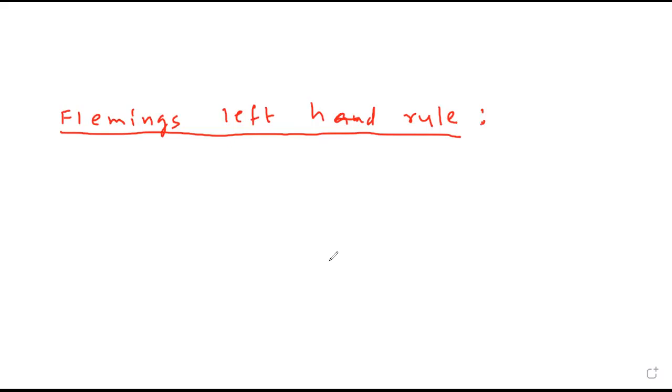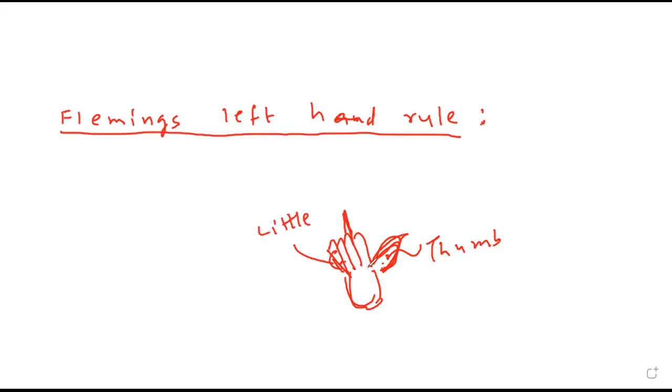5 fingers we have in every hand. Yes, we have 5 fingers. What is this called? This one? Thumb. And the very small one is called the little finger. Which one is called the middle finger? So you all know all the fingers. After the thumb, we have the index finger, middle finger, then ring finger and little finger.